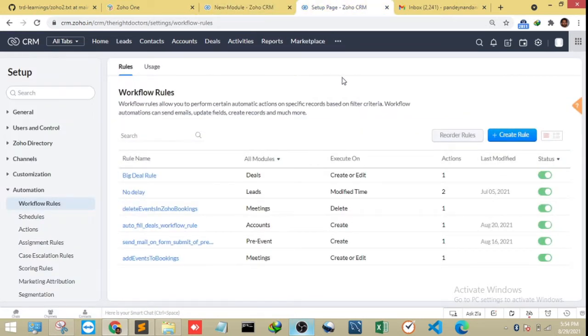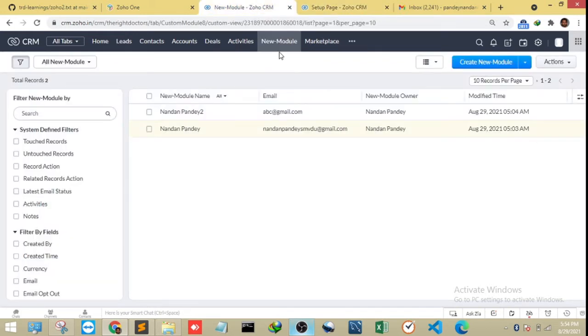In this video we will see how to create a workflow. Actually, I want to create a workflow such that when any new contact is added in the module, in this module, the new module that we have created earlier, then an email that has been set up in the previous video, I shall share the link in the description, is sent